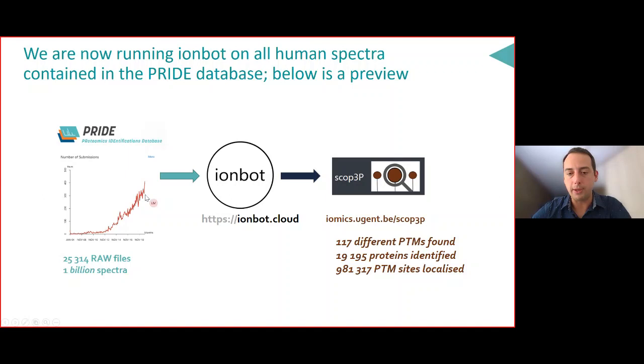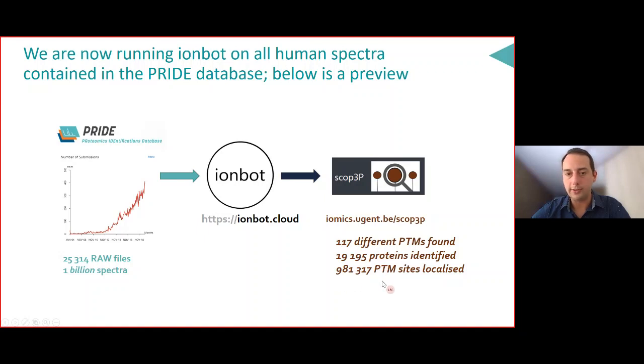That's an enormous amount of proteomics data, but it's really nice to see. We've now processed, as a kind of proof of concept thing, it's not yet the final thing, 25,000 raw files, which comprise 1 billion spectra. It's probably the most comprehensive human proteome ever analyzed. Ran it through IonBot, and we found 117 different PTMs on almost all proteins, and we've got almost 1 million